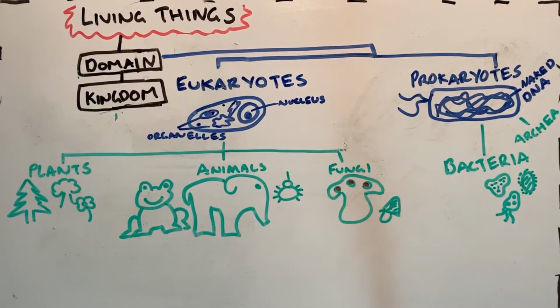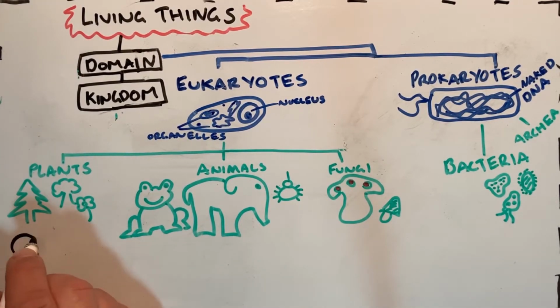Okay? And ever since you were a baby, you've been taught flowers and trees are plants, and dogs, cats, fish, birds, etc. are animals. But what makes a plant a plant? What makes an animal an animal? Why aren't fungi plants? Well, to put it simply, it comes down to their kingdom. And the kingdoms are arranged based on how they get their food. Let's look into this a little bit more.